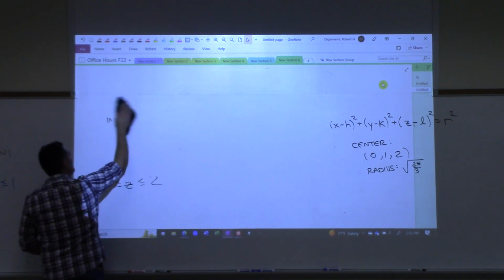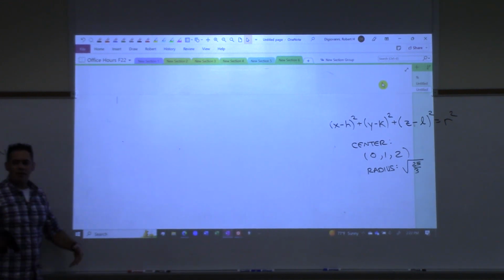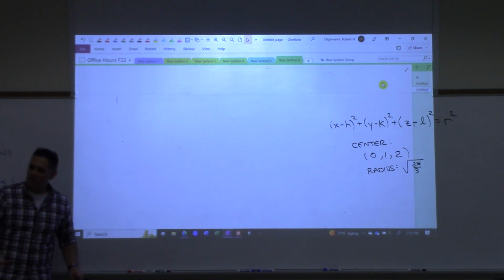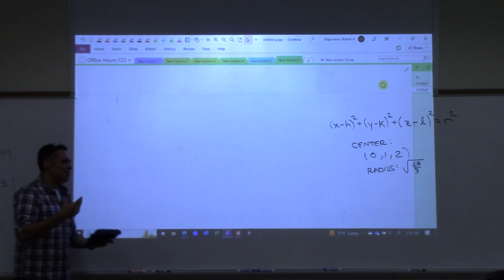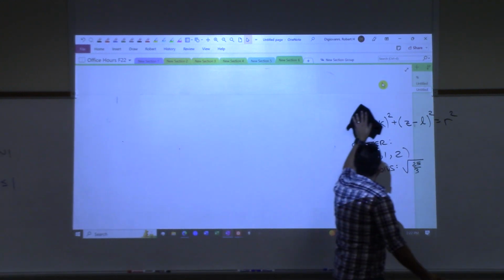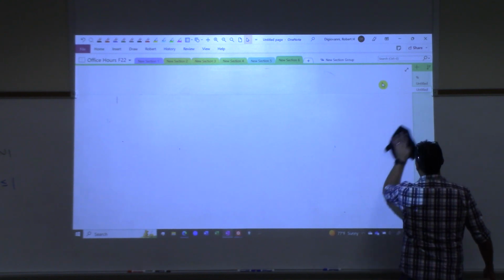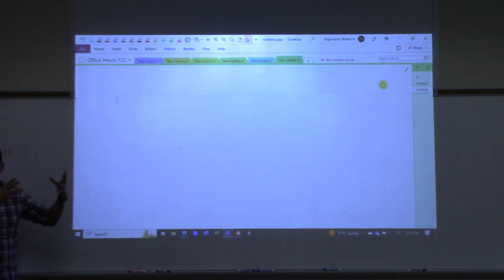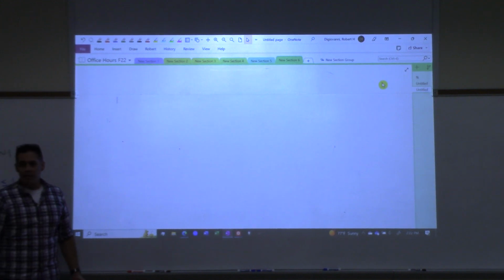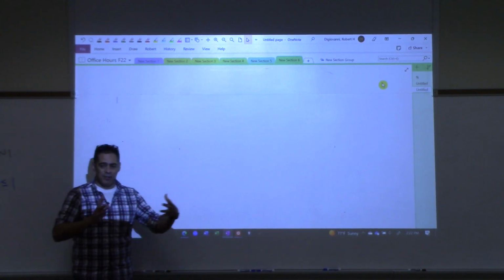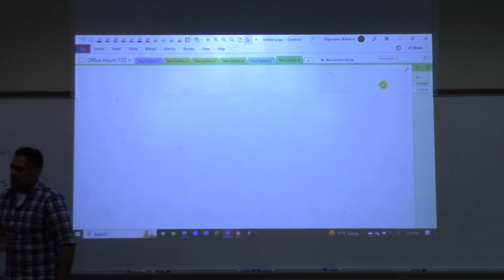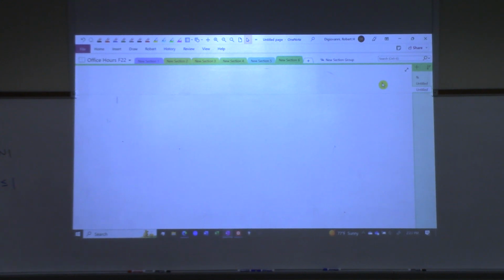So all of this is really still just playtime in three-dimensional space. We're making sure we're comfortable in the space, with some of the notation and some of the language. We're not going to talk about calculus for a little while. The calculus isn't going to come into play until we're somewhat comfortable playing in this new realm. So now what we need to do is talk about vectors, because we've established what three-dimensional space is, what points are, and what planes and such look like. So we're going to move into the next section,